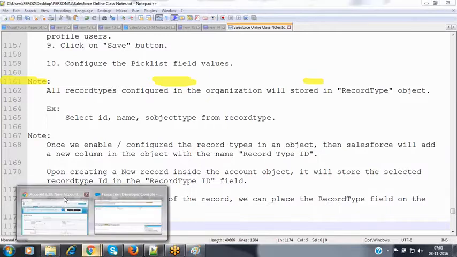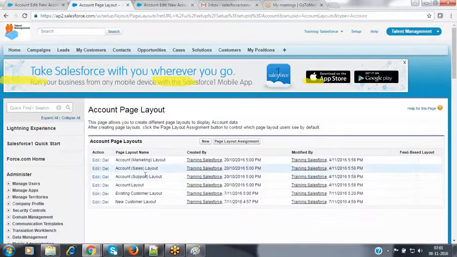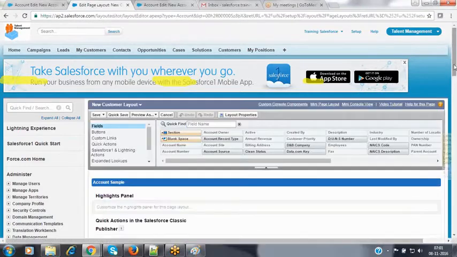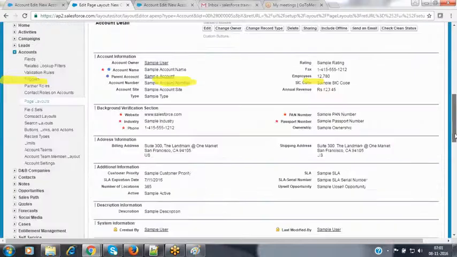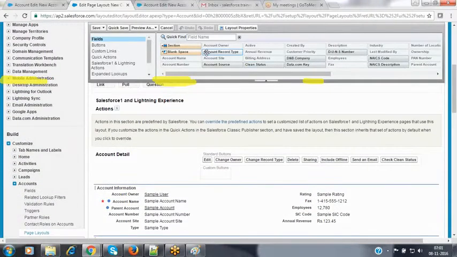Let's go to the page layouts, and go to the edit button for the new customer layout we created. Salesforce adds a new field called the record type ID field. I want to place that record type here. For that, you will have a field called account record type. See here, account record type.